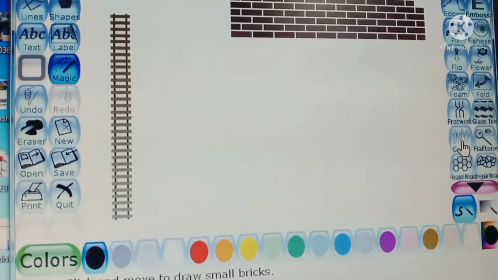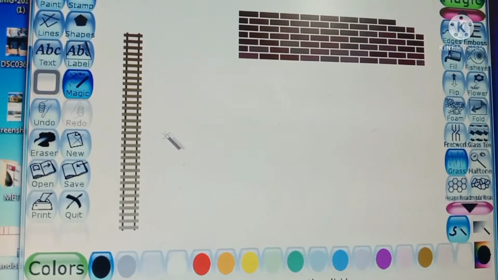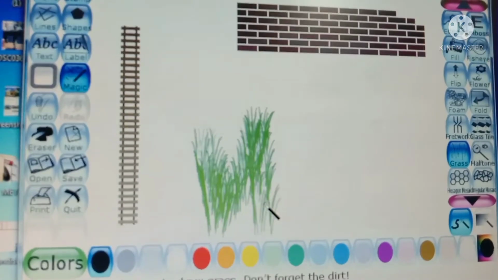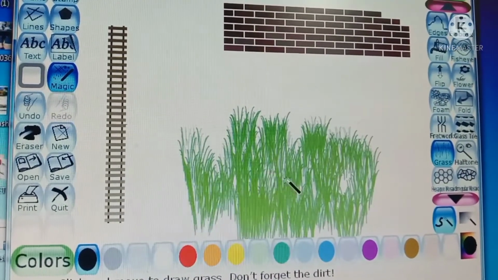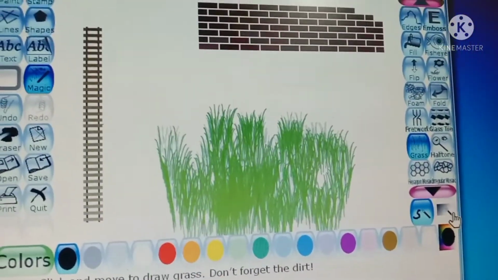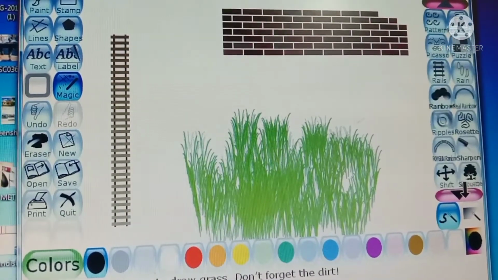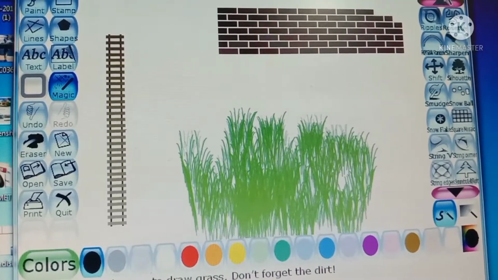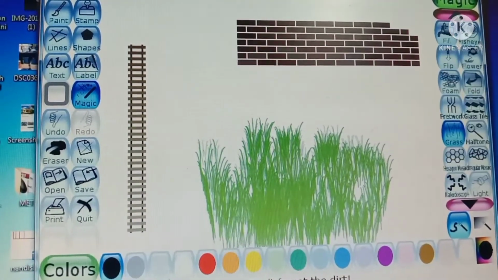Another one is the grass tool. You can see that grass tool. I choose the grass tool and I can draw. Just click and drag. We can draw grasses here. You understand? Then if we go downward, we can see the flower tool. Where is that? Those are commonly used tools. That's why I am showing that.